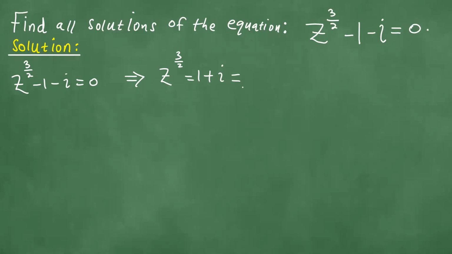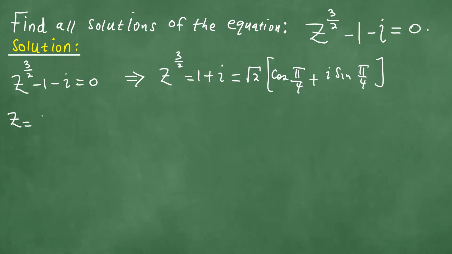But we know that 1 plus i has modulus the square root of 2 times the cosine of, okay? 1 plus i has the argument pi over 4 radians, and the sine of pi over 4 radians, like so. Okay, what do we then do? From this point onwards, we solve for z,